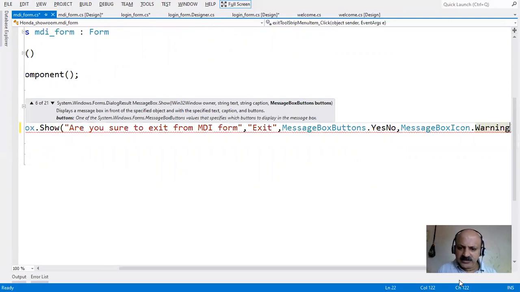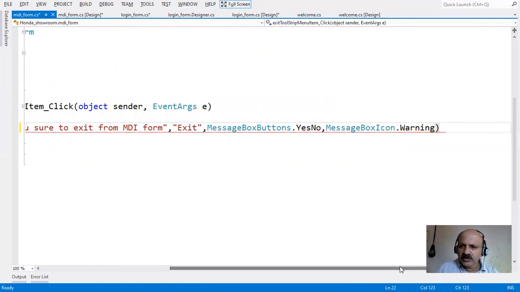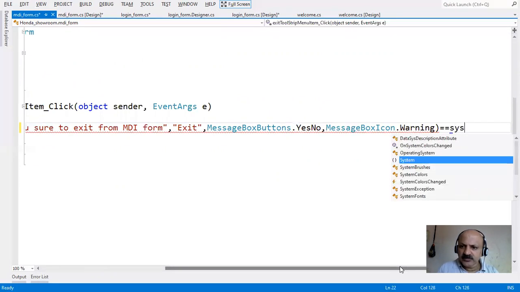And next you directly give the equal sign and System, that is our main assembly or package.